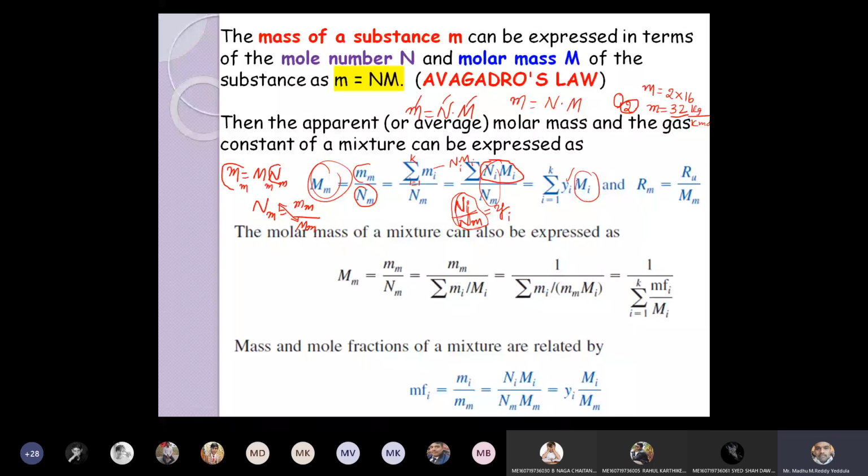Here I want to discuss something in order to understand what the gas constant is. Can anyone tell me what is the equation of state? We can write PV is equal to M into R into T. Is it visible to you? What I'm writing on the screen? Yes. PV equal to MRT, where V is the volume, in meter cube, and M is the mass in kg.